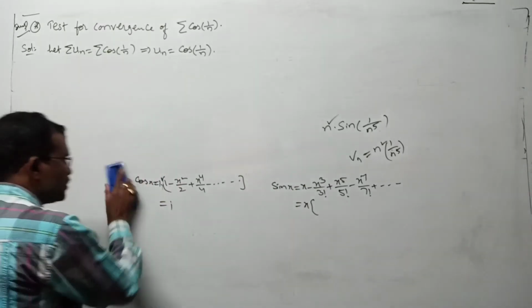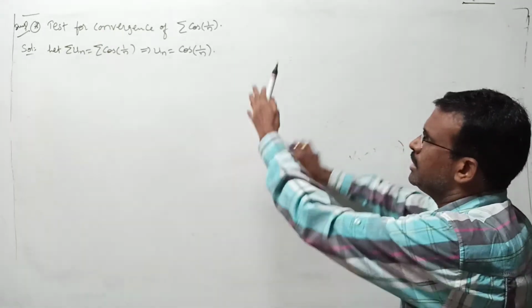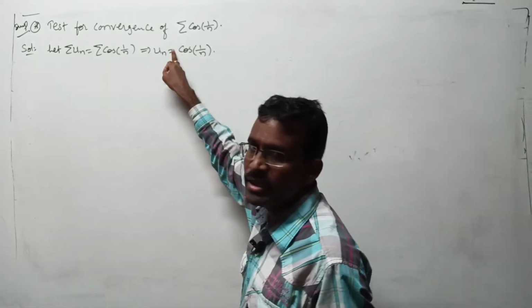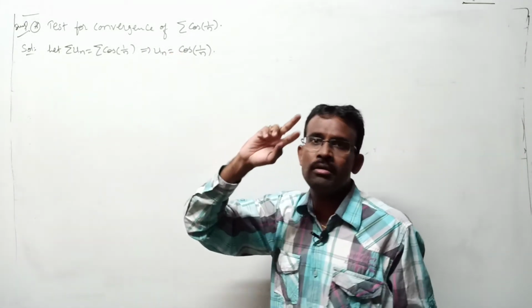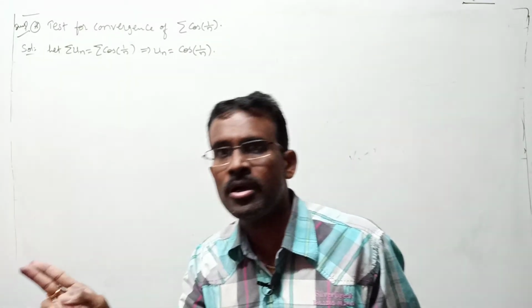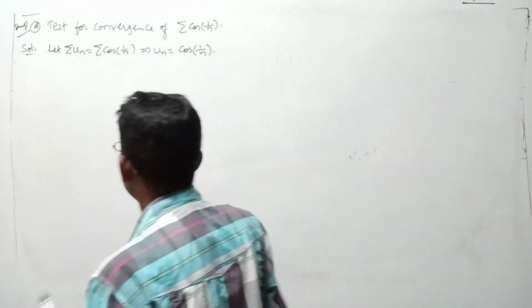Don't concentrate on this logic. Blindly remember one condition. If in Un a cos ratio is there, its coefficient part is taken as Vn. If sin or tan ratios are available, its coefficient and ratio inside part product is taken as Vn. That's all. That is the blind condition. Don't proceed with this complete logic.